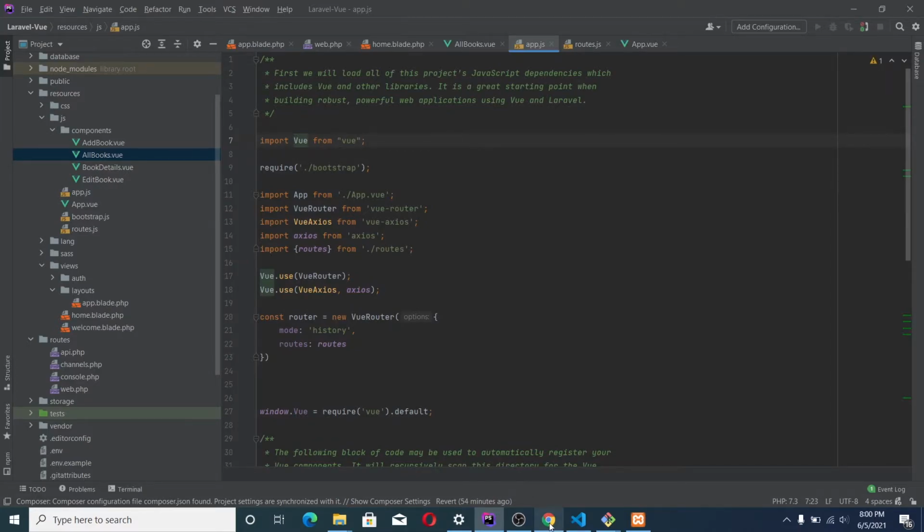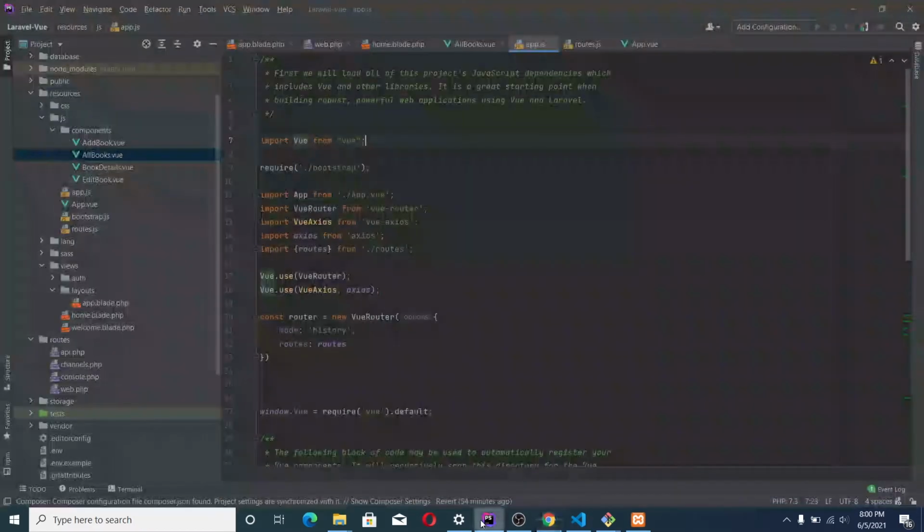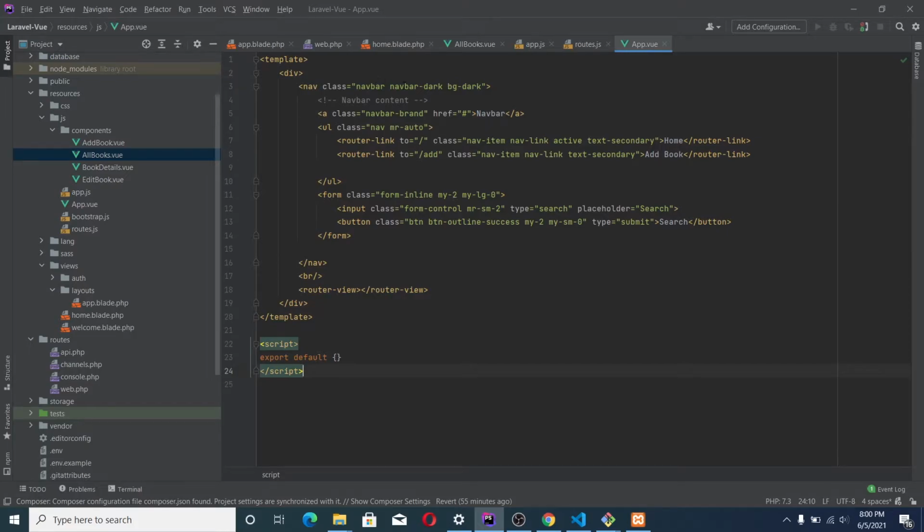So this is our home page here. It displays all of this. Now all this UI here is in our app.view here: Navbar, Darkbar, Dark, and so on. Now I've added two router links. This is the way you use vue router.